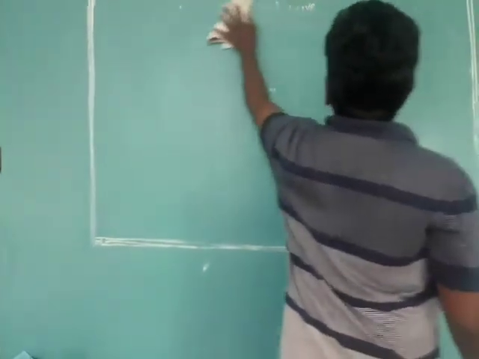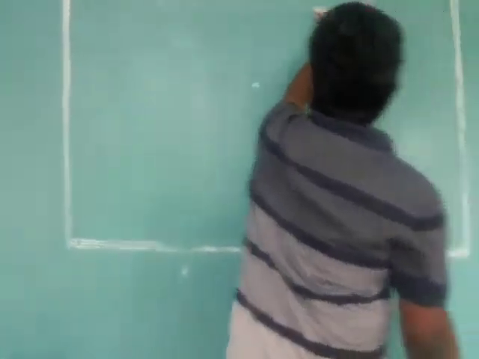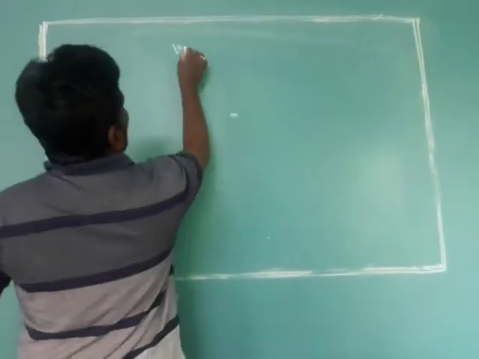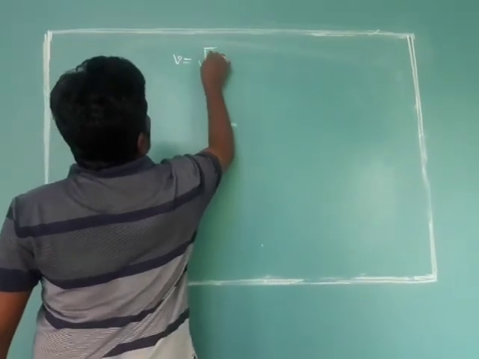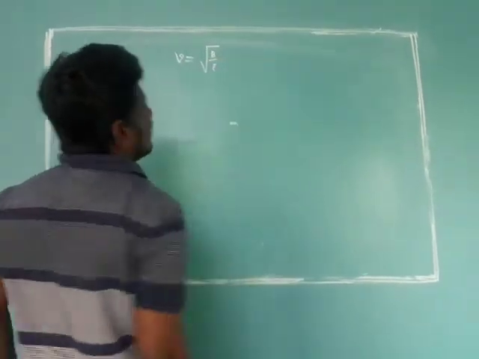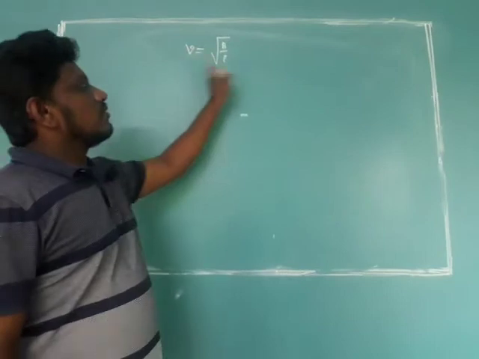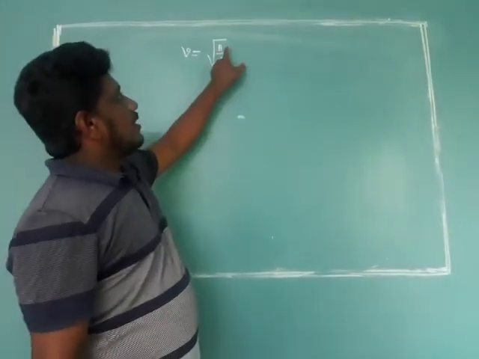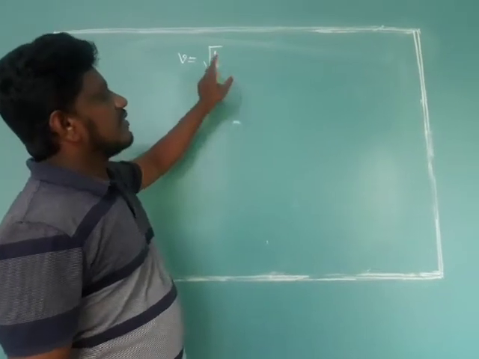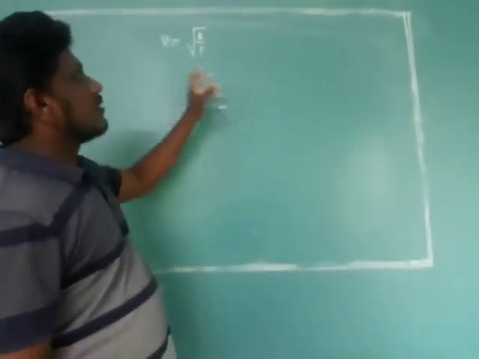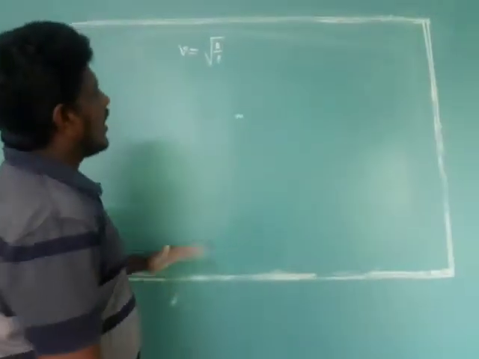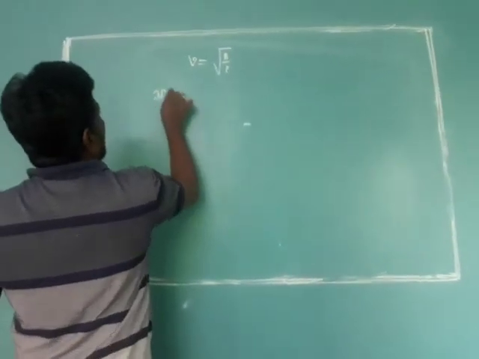Remember, speed of the longitudinal wave we can write in other form also, square root of B by rho. If longitudinal wave is propagating in air medium, a bulk modulus divided by density of the air. Okay. Suppose if longitudinal wave is propagating in ideal gas,